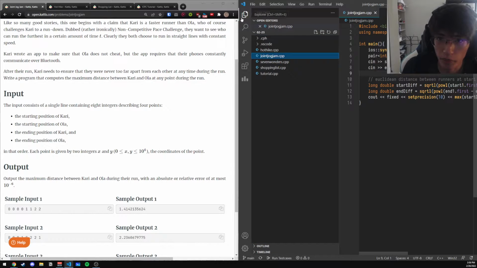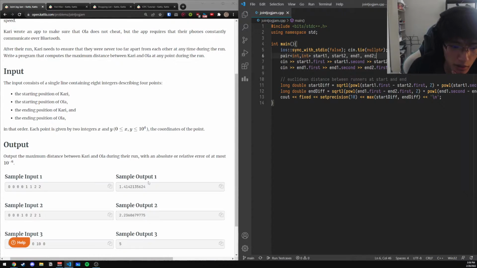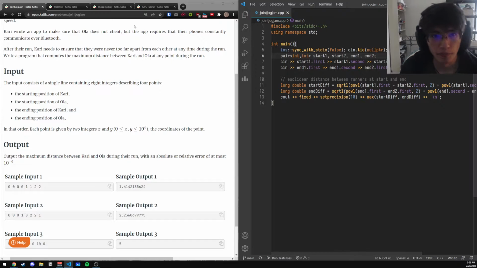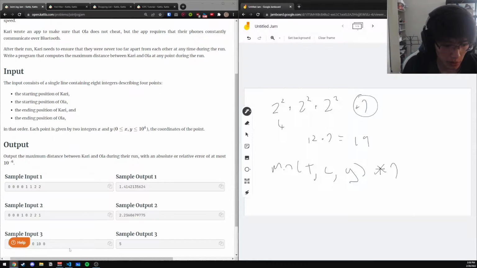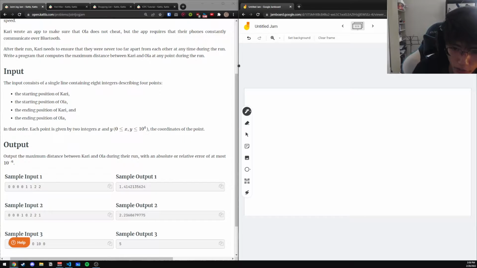And so you can either store it in pairs of integers, or you can have 8 total variables instead, whatever works. And then it's important to see that you have a coordinate, a starting xy and an ending xy, and then there are